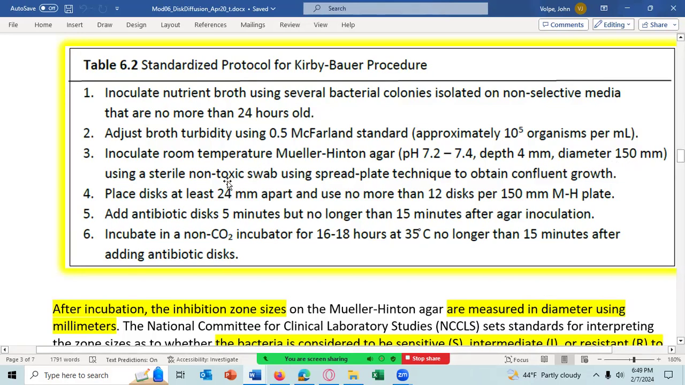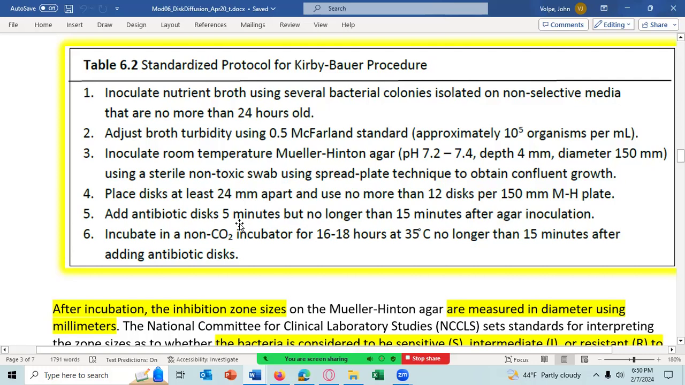And then we apply the bacteria on, using a non-toxic swab and the spread plate technique, which we'll discuss in this lab. And you swab the plate everywhere to obtain confluent growth on the plate. You then let the media containing the cells soak in for about 5 minutes, and then you place discs at least 24 millimeters apart, no more than 12 discs on a plate,